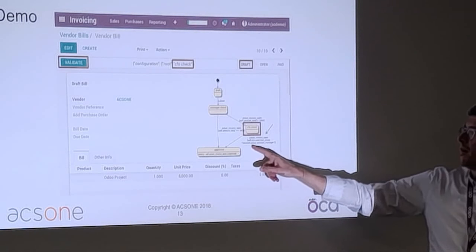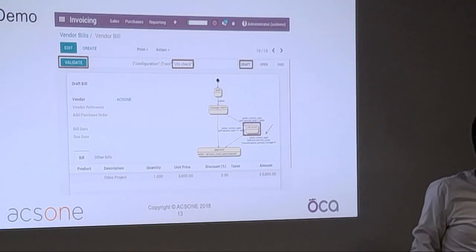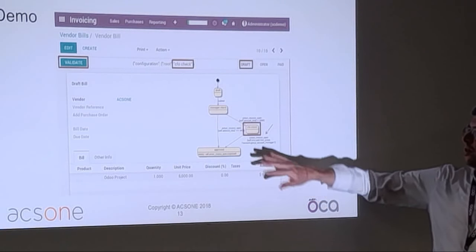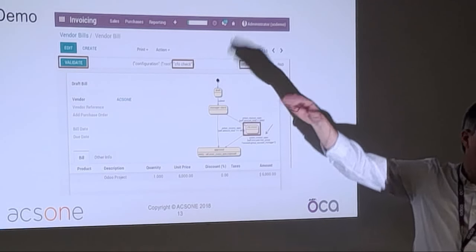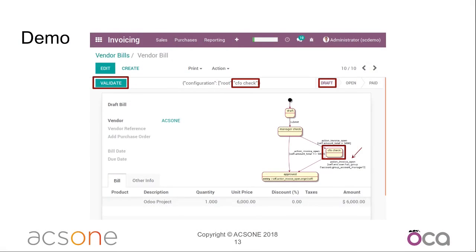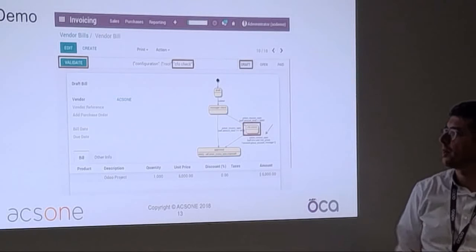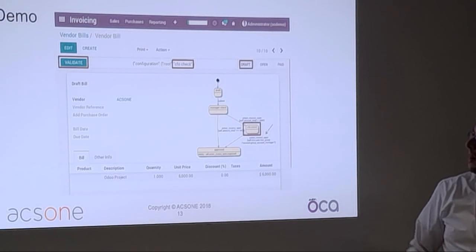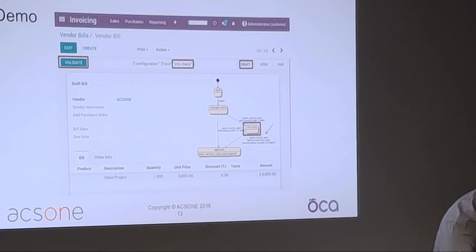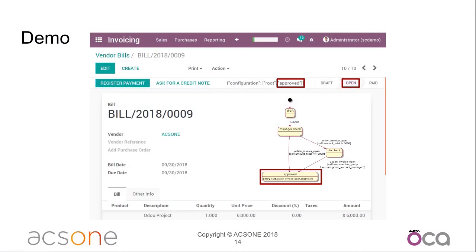And our user is in the account manager group. If our user was not in the account manager group, the validate button would simply be hidden. And if someone who is not in the account manager group tries to call the underlying validate method, he will get an error message, also because he's not in the right group, all coming from the declaration. Okay? And then when we click that, what happens? We go to the approved state, and